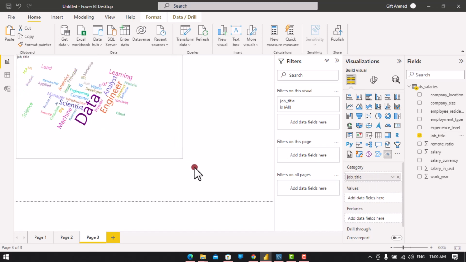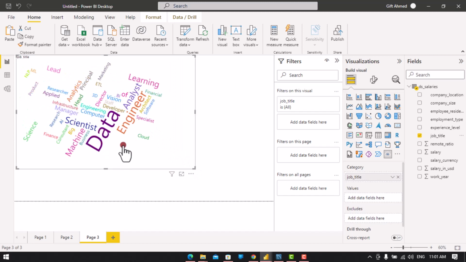We could see the main concept here. We have data, we have analyst, we have engineer. Now this word cloud is just like a frequency chart where it shows the most occurring words in a particular field. Now we could do some other refinement with this, but for now